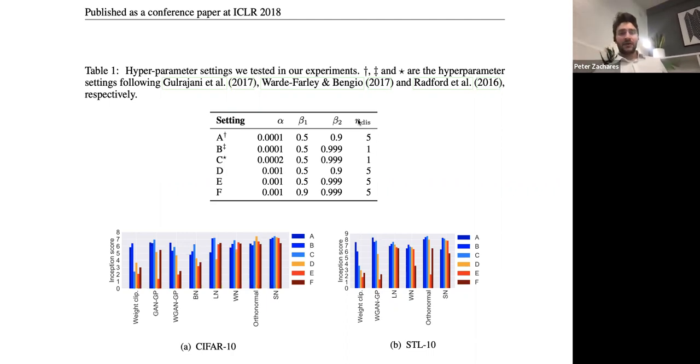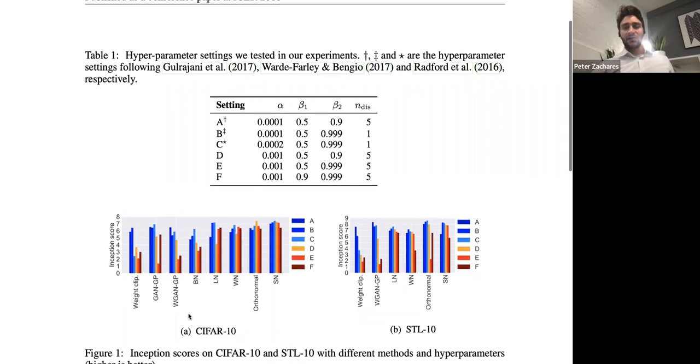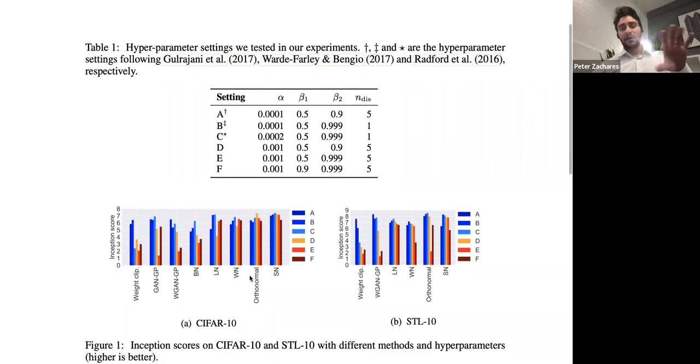momentum coefficients of Adam, and then NDIS is the number of updates they do to the discriminative function between updating the generative function. So anyway, what you can see is on CIFAR10 on the left, their method is the one all the way to the right, which is SN, and then these are all of the baselines they compared it to, that it has like the highest